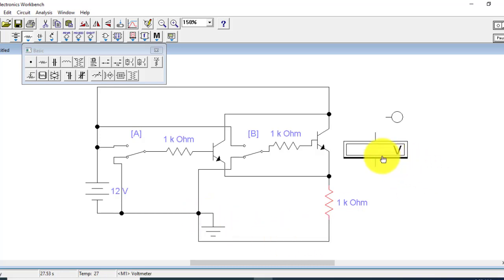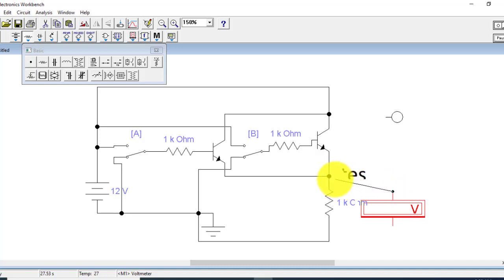Okay, then I will apply the voltmeter with the emitter terminal of the transistor and also parallel to this resistance where we have to measure the voltage. Okay, and at the end I will connect the probe here. Now you can see that